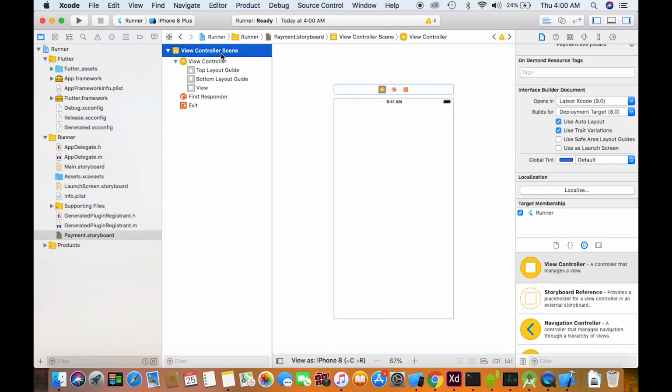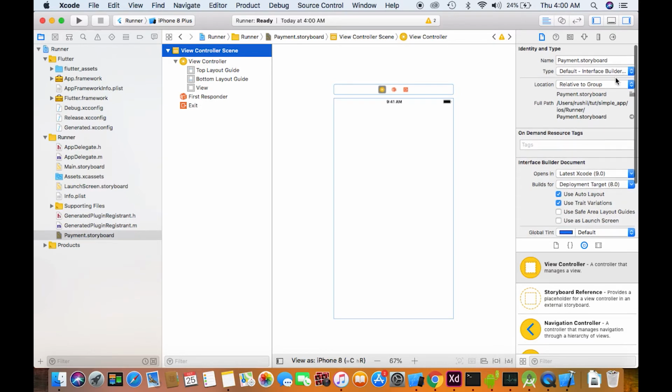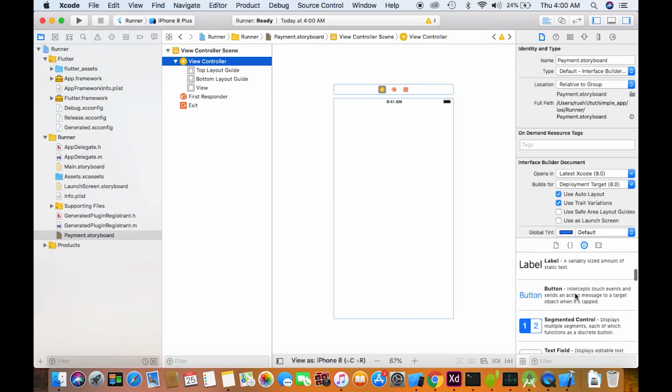So the view controller has a storyboard associated to it. Now we need to add two things. One thing is we have to associate a code file to this, in which we'll be handling the logic. We can add a button to this also by dragging and dropping from here.